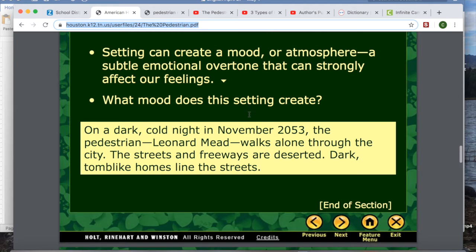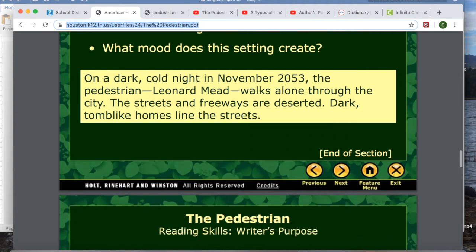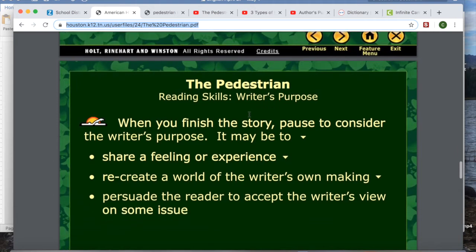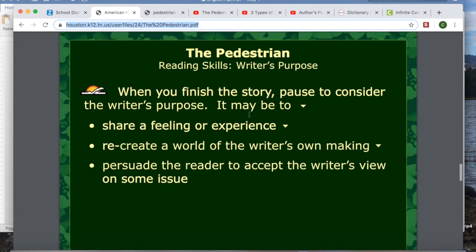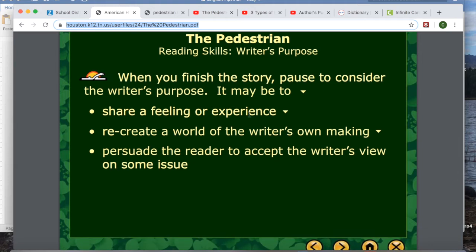And again, it's interesting with what's happening today, and the questions we should ask and the caution we should take with this, because we want to be safe, but we also want to find a balance so that we do not develop certain things that could become problematic in the future. All right, so this is just a brief introduction. You guys are going to have different instructions. You are going to have to look at the author's purpose, which is the final assignment of this, which I'm going to explain in a moment.